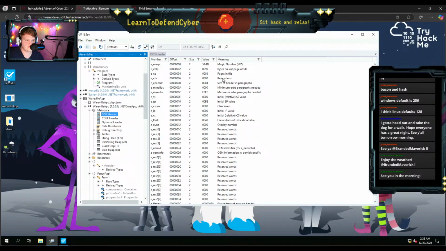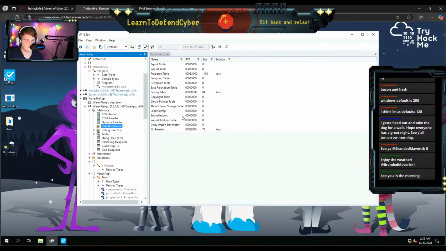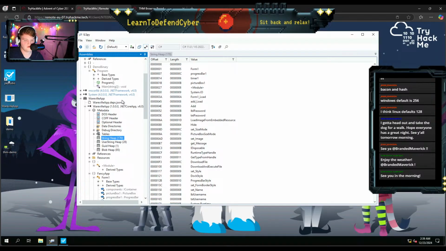MZ, bytes on last page, relocations, size of header, some reserved words, data directories. What's this? We have a .text, we have RSRC. What do we have in the string heap? Let's see.